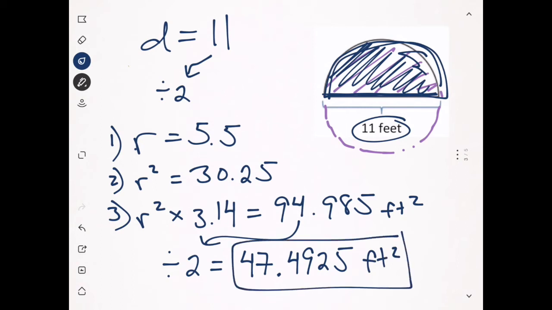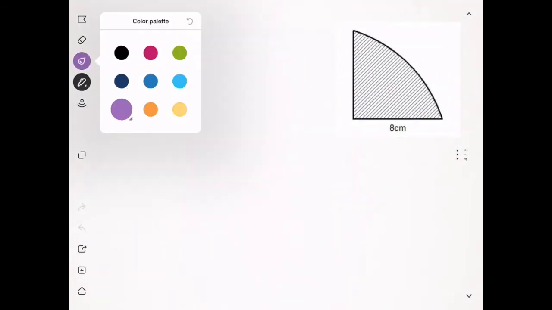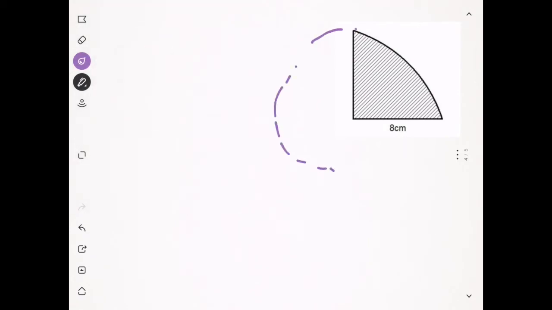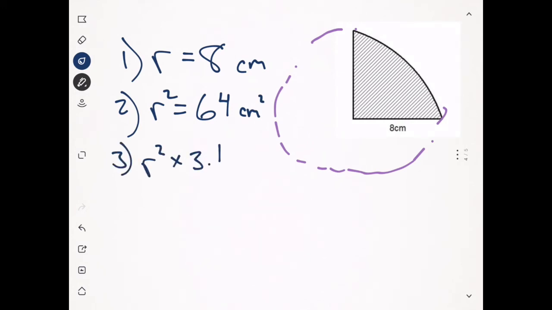Example 3. Ooh, here we don't have a semicircle, we have a quadrant. Once again, we're going to pretend it's a full circle. That's a terrible drawing, but you get the idea. And we're going to pretend that we're finding the full area. So, step 1, what is our radius? Our radius is 8 centimeters. Step 2, we square our radius. 8 times 8 is 64 centimeters squared. Step 3, we multiply that 64 by pi. And that gives us